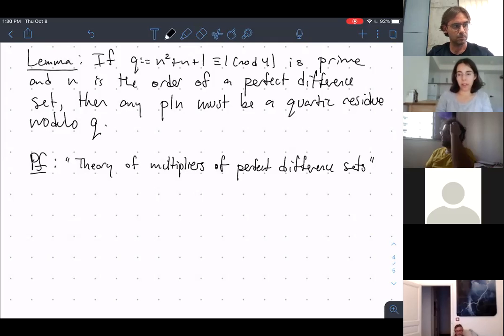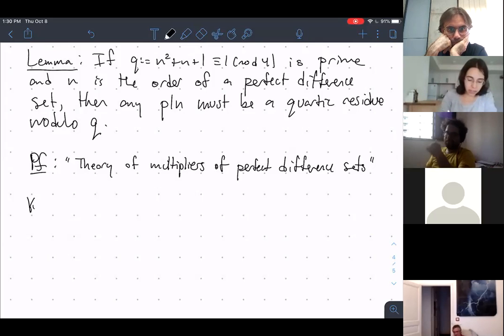So for a typical n, or n squared plus n plus 1, you expect one of these to have enough prime factors that these conditions should very rarely hold. So the problem with turning this heuristic into an actual proof is that n and n squared plus n plus 1 aren't independent, right? n squared plus n plus 1 depends on n. And so the key idea is a way to remove this dependence